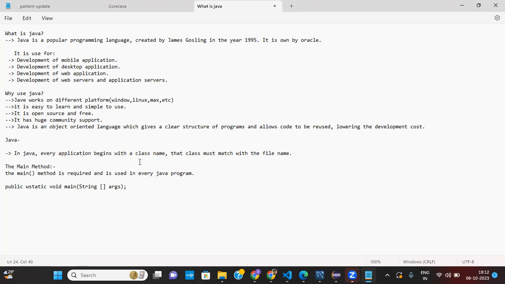The main method has a parameter, which is String args. This main method is required in every Java program. Otherwise, your program cannot be executed, whatever the code or logic.